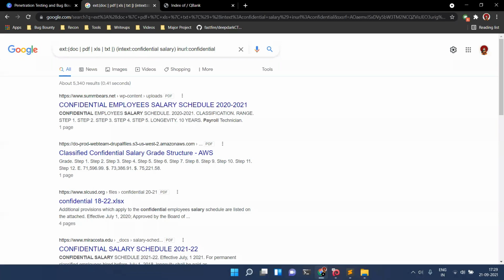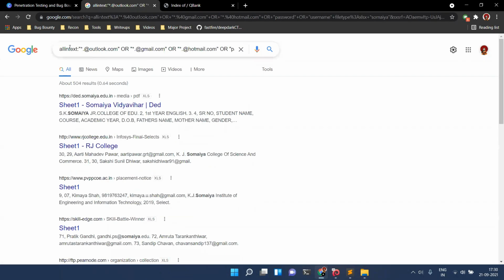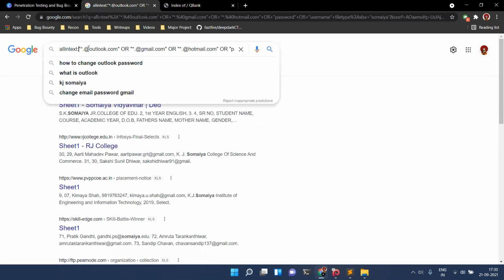Besides this, let's go on to a final Google Dork, one which I have created. It's intext:*@outlook.com, *@gmail.com, *@hotmail.com. Can anyone tell me what exactly this means?